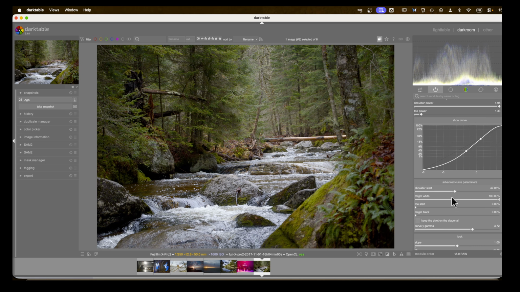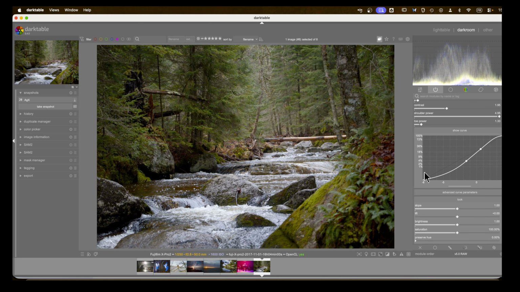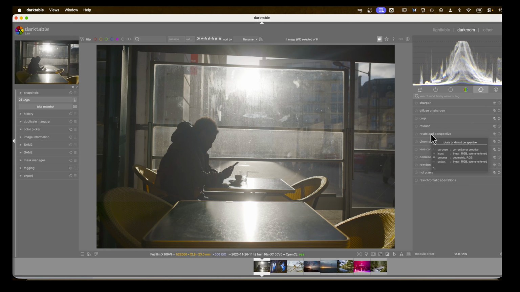Okay, so I'm going to play around with this. Play around with gamma if you've lost the ability to change shoulder and toe power. Let's have a look at another photo, recap all that, and see if we've got it. Okay, onto this photo, street photo. Quite like it actually. It's a bit